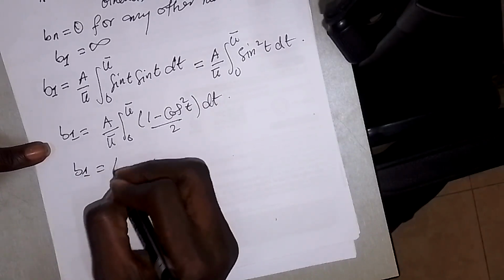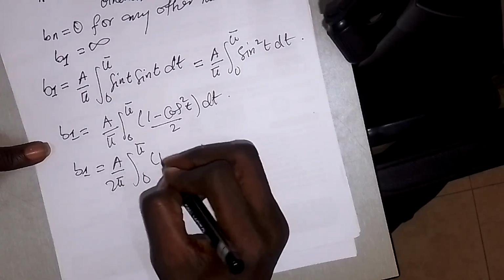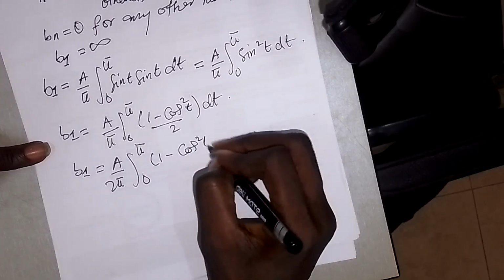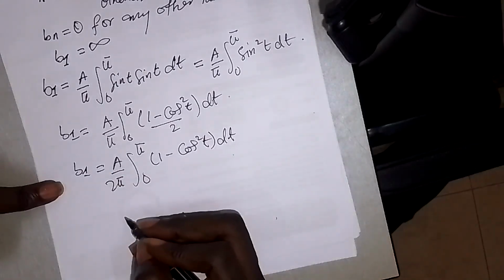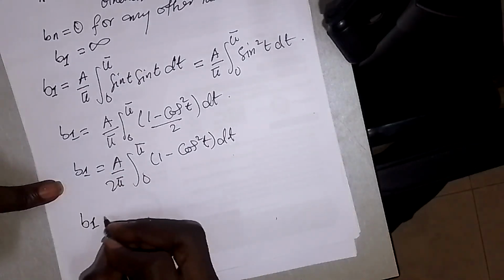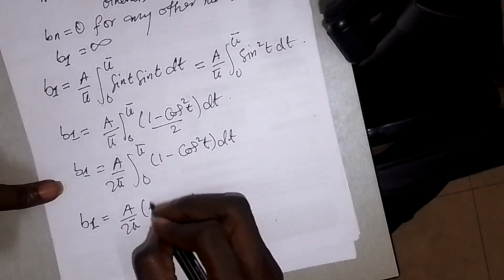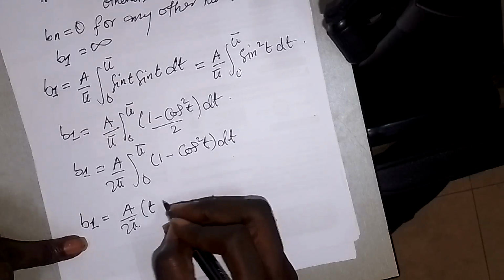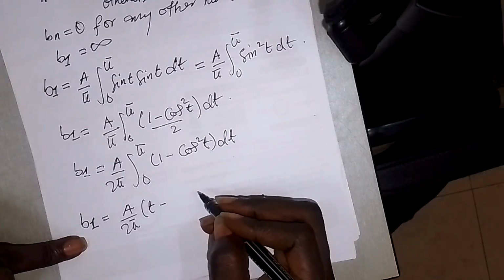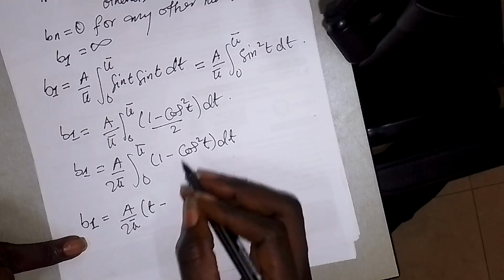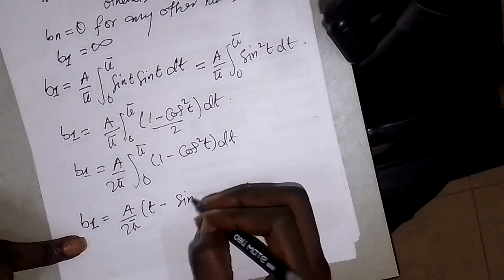So B1 is equal to A over 2 pi into the integral from 0 to pi of 1 minus cos 2t dt. So now if you do this integration, B1 is equal to A over 2 pi into t minus, because if you integrate 1, you get t, minus sine